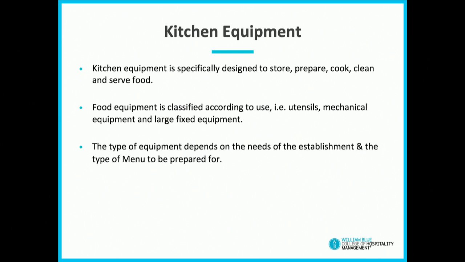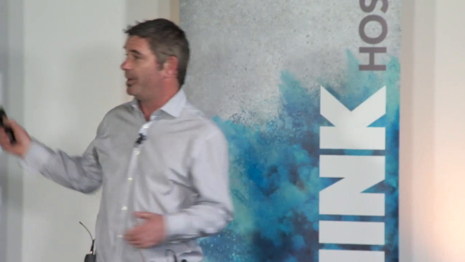The type of menu depends on the needs of the establishment and what the menu is to be prepared for. Growing up as an apprentice chef, a lot of the time I would see people who would design restaurants with, say, 100 square meters. They would try and fit 95 square meters for the restaurant because they could put more and more people in there, and then there'd be 5 square meters left for the kitchen, okay? And they would hope they could do a menu of 300 or 400 items, which is impossible, isn't it? When you've got a 5 square meter kitchen and a 95 square meter restaurant,